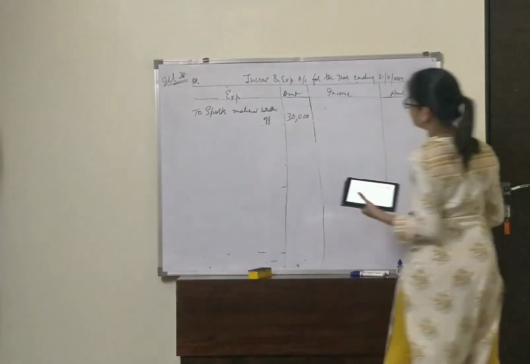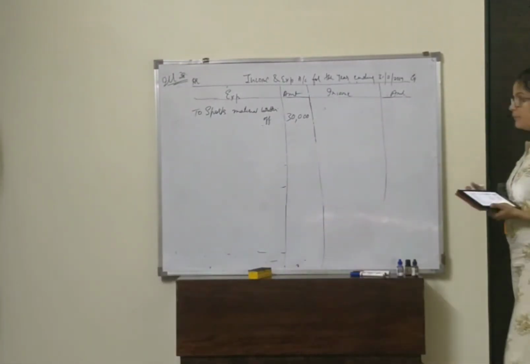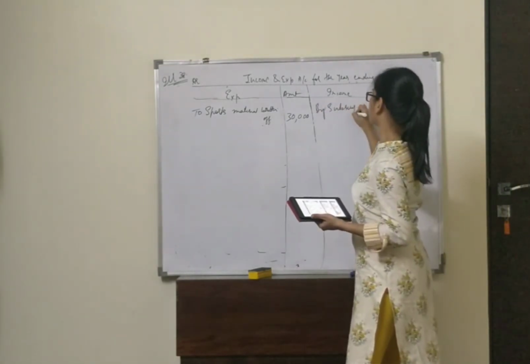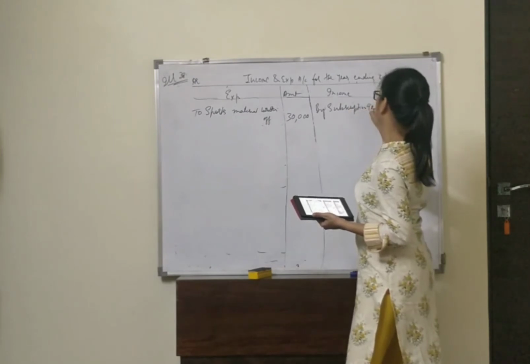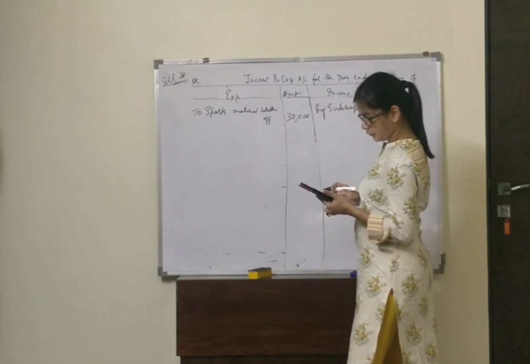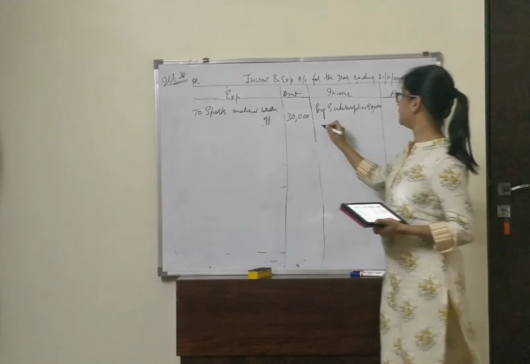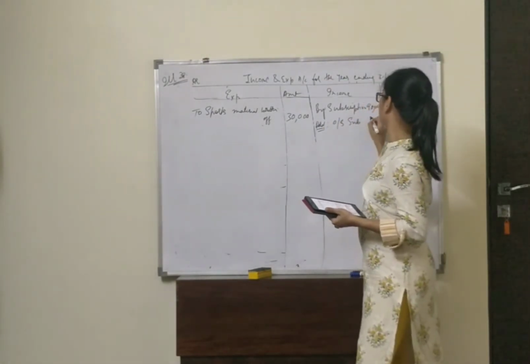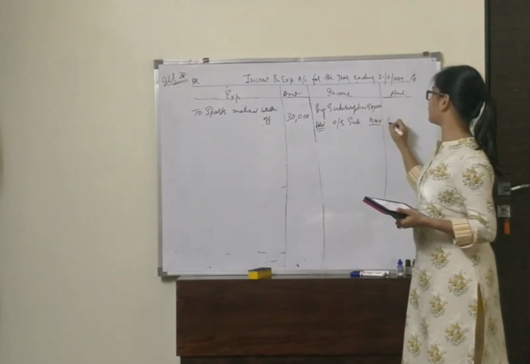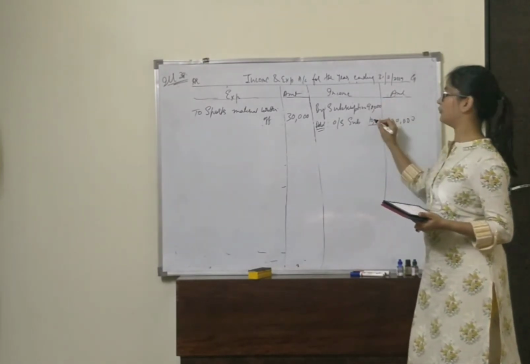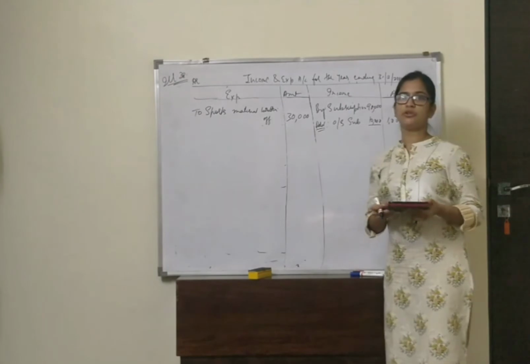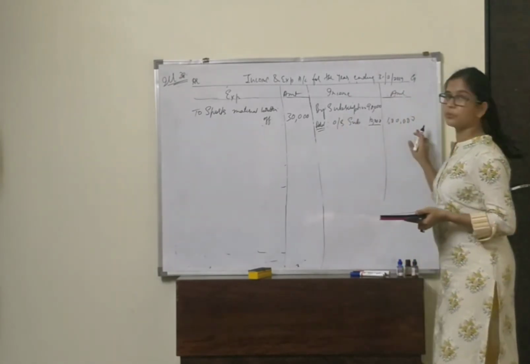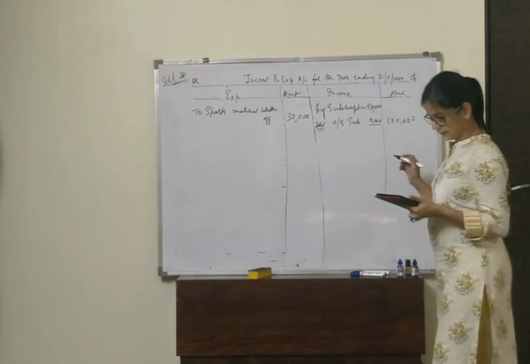Next we go on to our receipt side of the receipt and payment account. First thing we have is by subscription. How much is it? 90,000 of 18-19. Add outstanding subscription. How much is it? 10,000. I had shown you how we got that 10,000 in the beginning of the problem. So total subscription we get is 1 lakh.